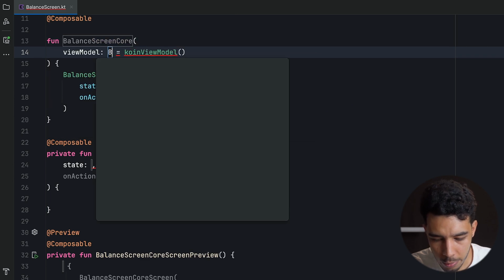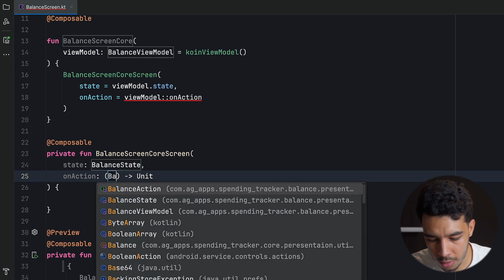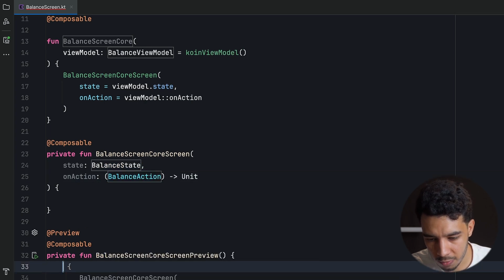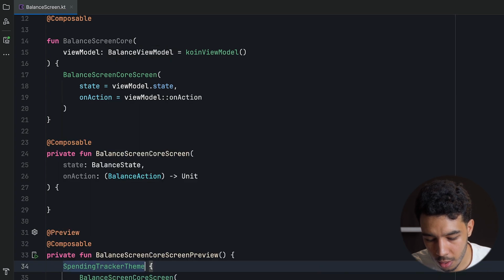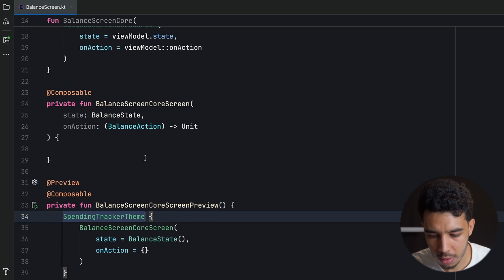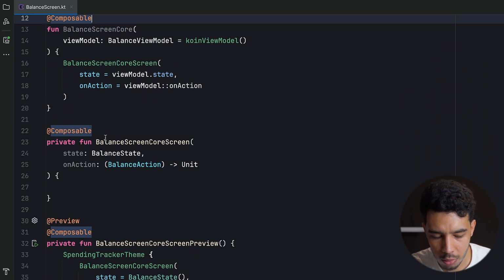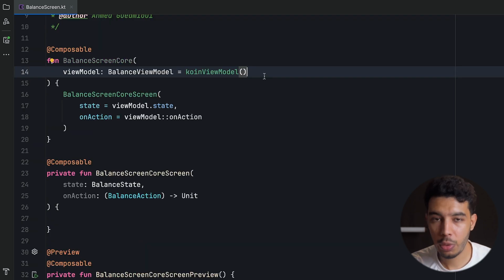Then I create my balance view model. And then I move on to create my balance state, and then a balance action, and then my preview, which is wrapped in the theme. So I easily create screens using this live template. I will leave this template in the description so that you can create it on your own or add it in your Android Studio. However, when we click on the save balance button, we want to go back to the